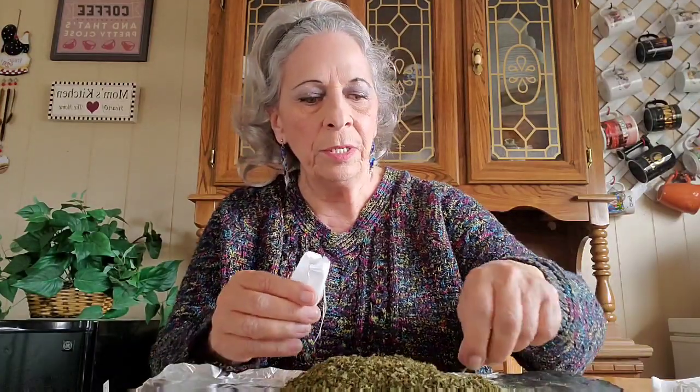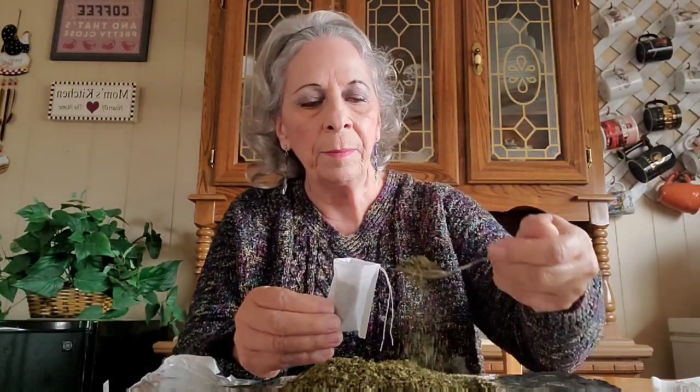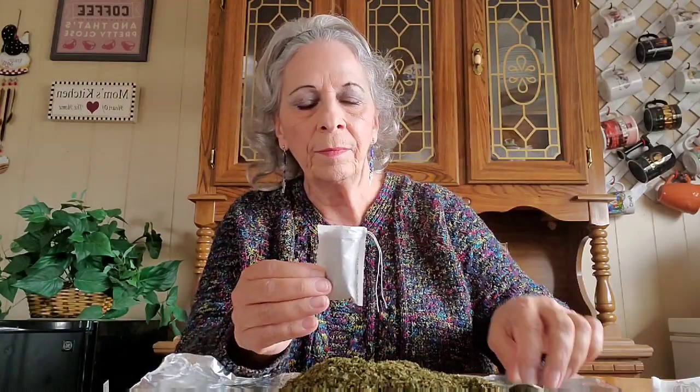And I take my golden seal, and this is for when I make the golden seal tea. Like if you want to use it to make an eye wash, or if you just want to use it as a tea to drink. And I have my little spoon. I just put it in the tea bag, fill it up, pull the drawstring,